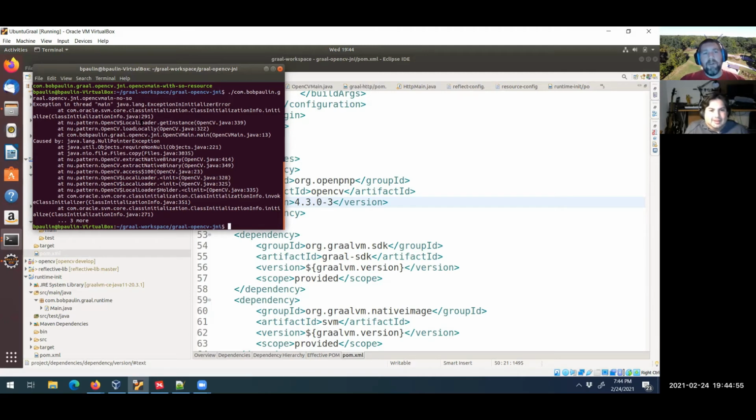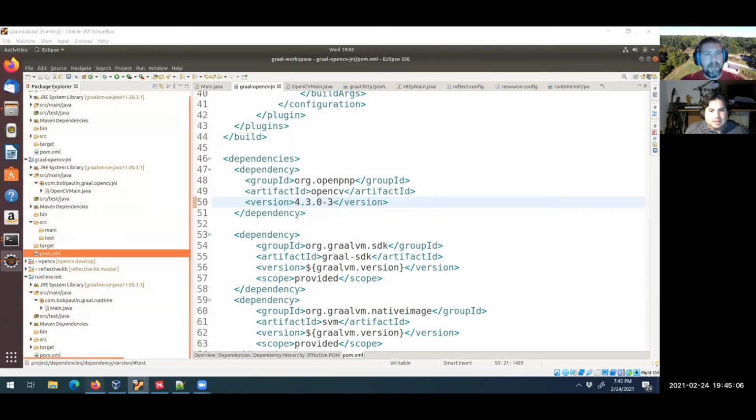What this is actually blowing up on, if I go into the code, it's blowing up because it can't find the shared library. So if we go to this OpenCV local loader on line 339,